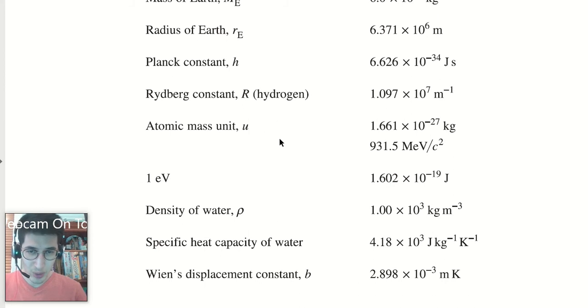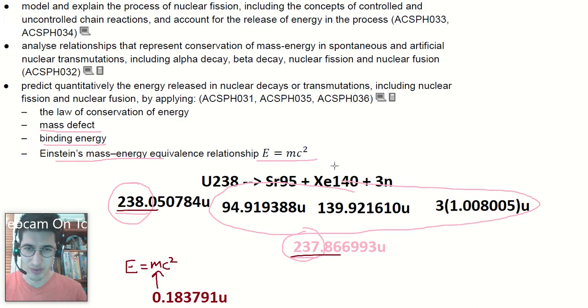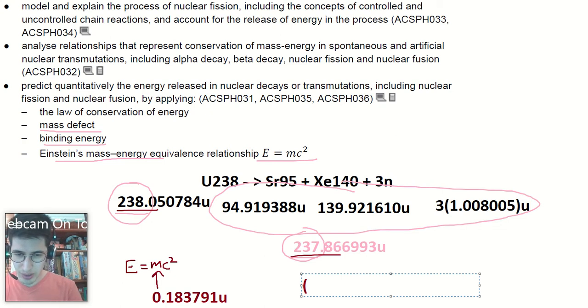Or we can use our atomic mass units and get an answer in mega electron volts. That's another way to do it. So that's what I'm going to be doing now. This 931.5 mega electron volts over the speed of light squared. That is the conversion factor I'm going to use. So in order to do that, the amount of energy I have is going to be equal to mass, so 0.183791, yep, times